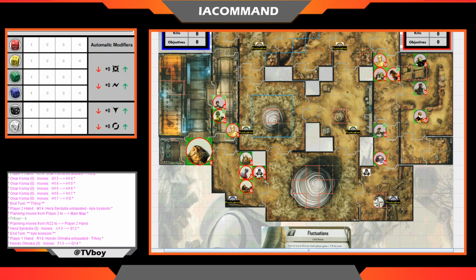Hondo moving up, and I'm just keeping my figures. So he hasn't activated Han yet. I'm kind of just counting 8 spaces from where Han is, and then trying to see where he can get line of sight to. So he could actually move him all the way